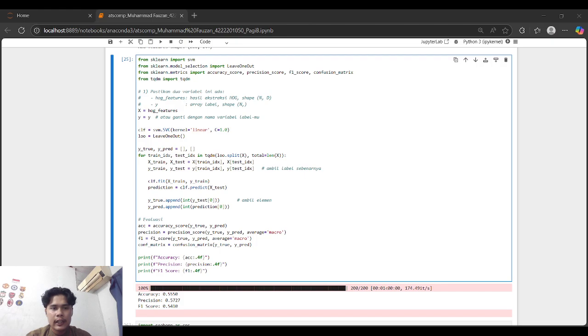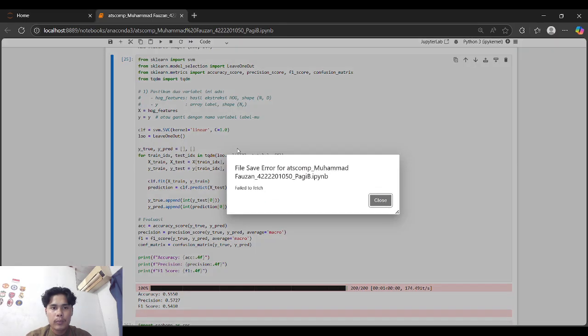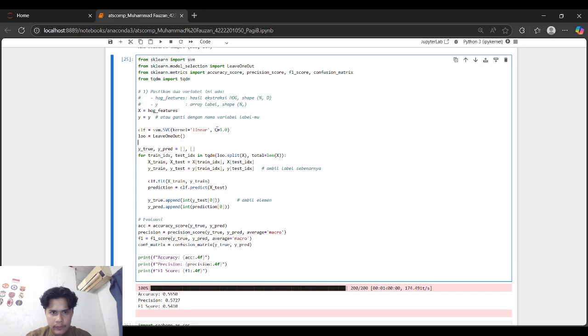I train a linear SVM with C equal to 1.0 and repeat this process for all 200 data points. After collecting all predictions, I compute the accuracy, macro average precision, and F1 score to measure the model performance. This strict evaluation method helps estimate generalization on unseen data.